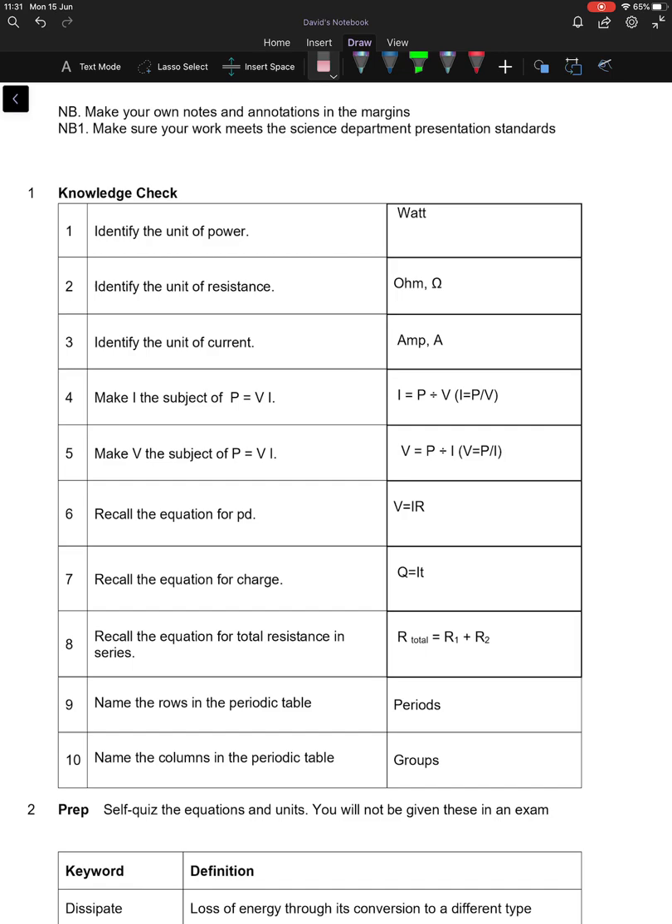And then just a bit of chemistry to remind you. What do you call a row in the periodic table? Call it a period. What do you call a column in the periodic table? Call it a